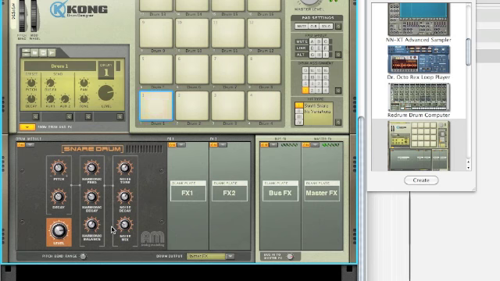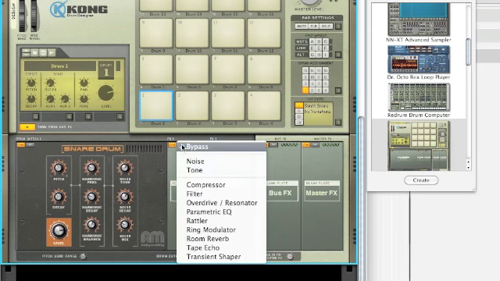Now the next insert effect I want to look at for this is called the Rattler. Now this has been set up specifically to give us that snare rattle from below the snare drum. If you have ever seen a snare drum, you've got the top of the snare, and then you've got the snare on the bottom, which essentially creates that rattle sound. So what Propellerheads have done is they've actually put an effect in there that gives us that rattle. So if I just put in Rattler,